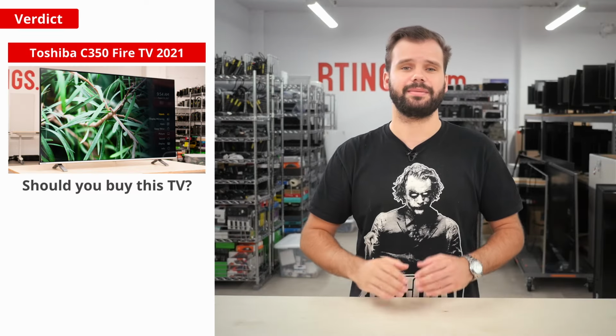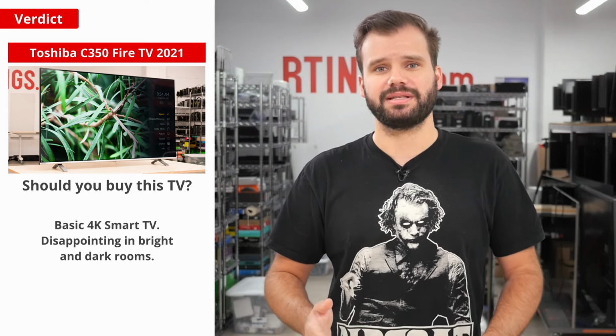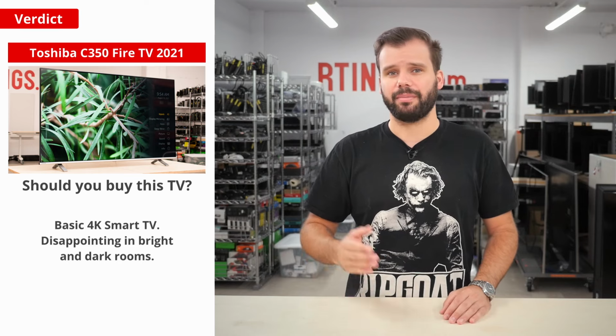So, this brings us to the main question. Should you buy this TV? Well, honestly, it's a basic 4K smart TV. The low brightness means it only works well in dark rooms, but the IPS panel and elevated black levels disappoint in dark rooms. So overall, this is likely not the right TV for you, as there are better budget options